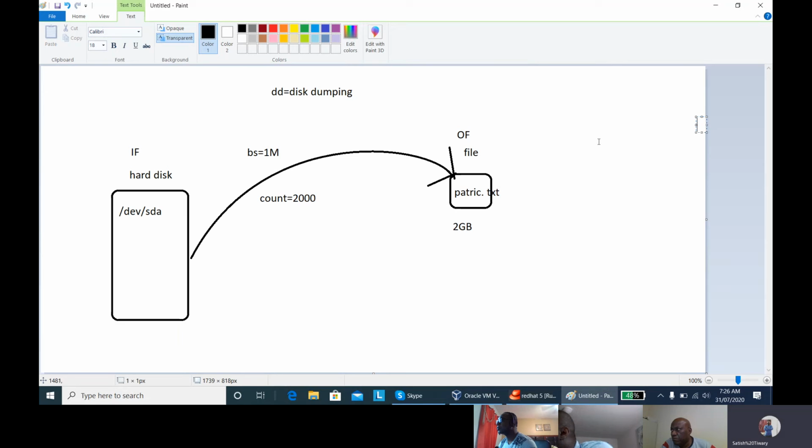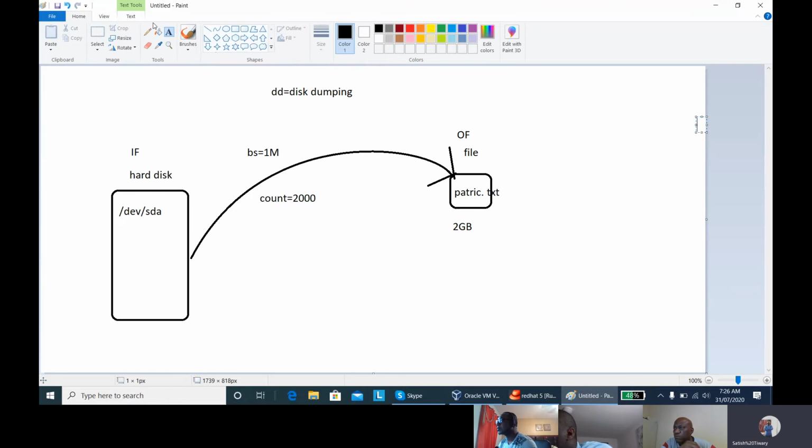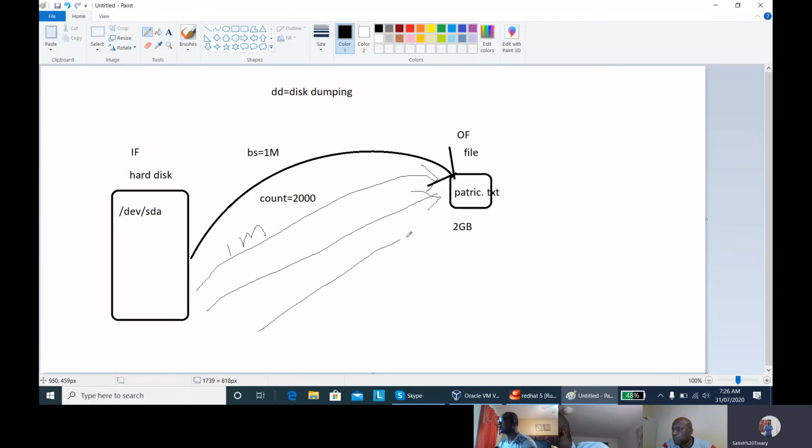Block size 1 MB means, what are we actually doing? We are taking data from this hard disk to this file. When you take data from this hard disk, how much data are we taking at a time? We are taking only 1 MB of data at a time, then 1 MB again, then 1 MB again.